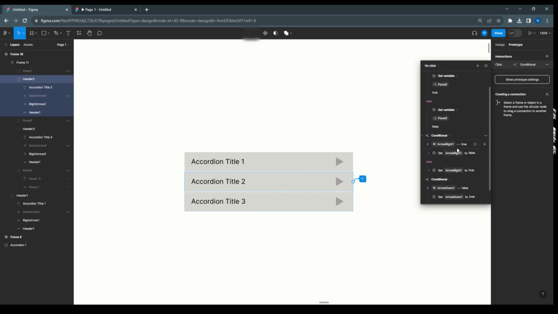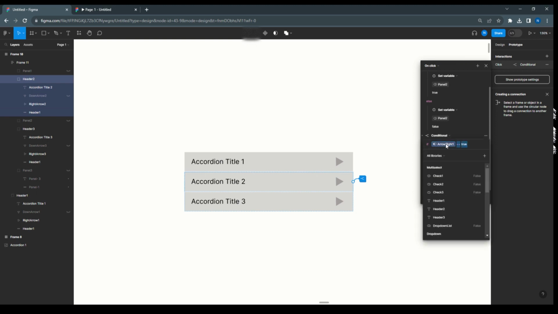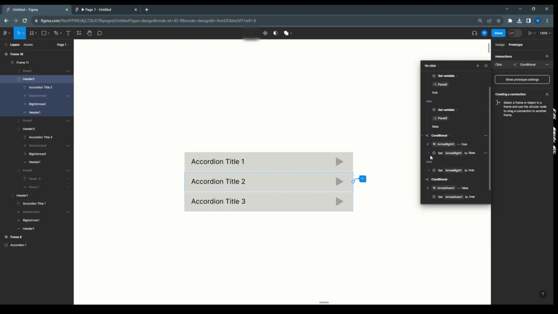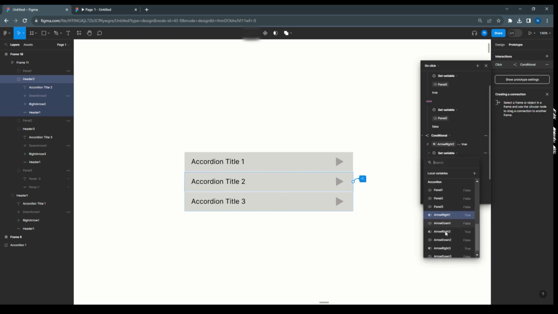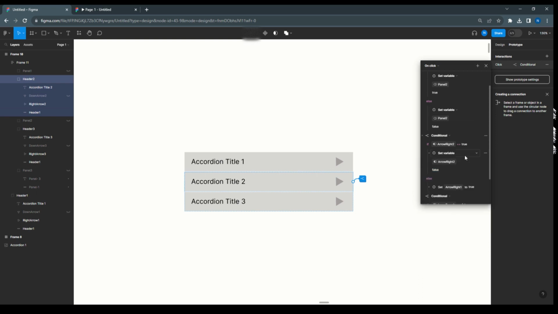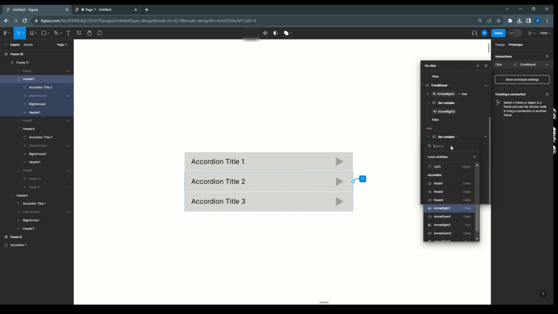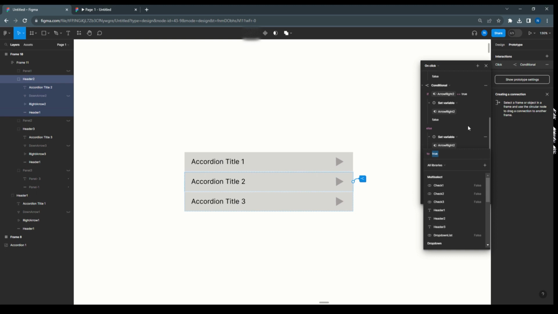And here arrow right 1, so we have to say arrow right 2, and again arrow right 2. And then the else part also we need to update, arrow right 2,